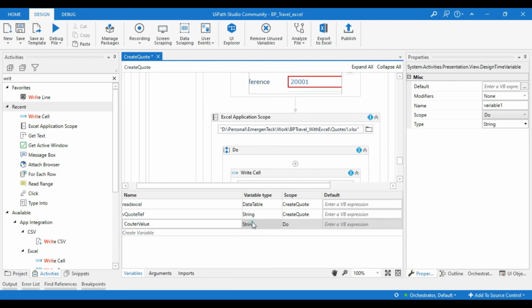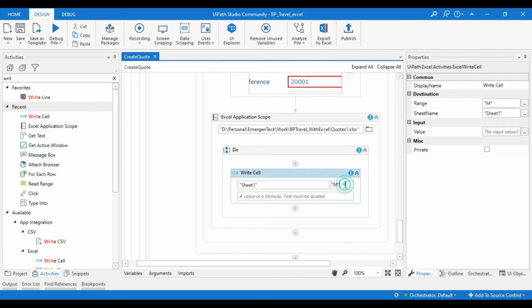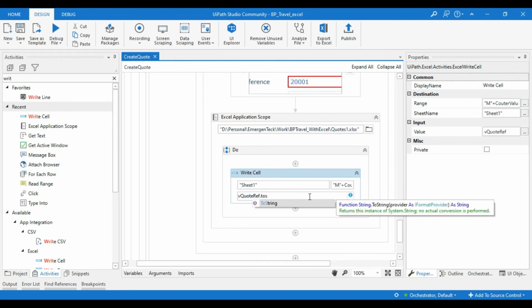We will make this variable type integer and initialize with 1, and pass that counter over here, counter value dot toString. And here we have to pass the code reference dot toString.